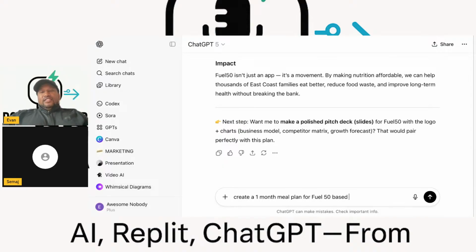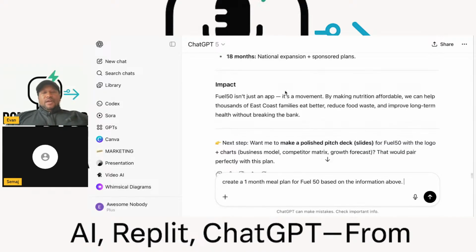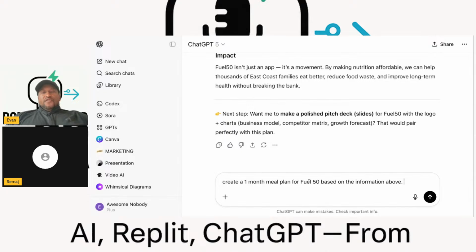Now this is a prompt that I like to use. I say, based on the information above, right? It helps me not have to go in and copy stuff, because it can pull from the text above. So create a 1 month meal plan for Fuel 50 based on the information above. And then I usually try to edit each prompt 2 or 3 times.